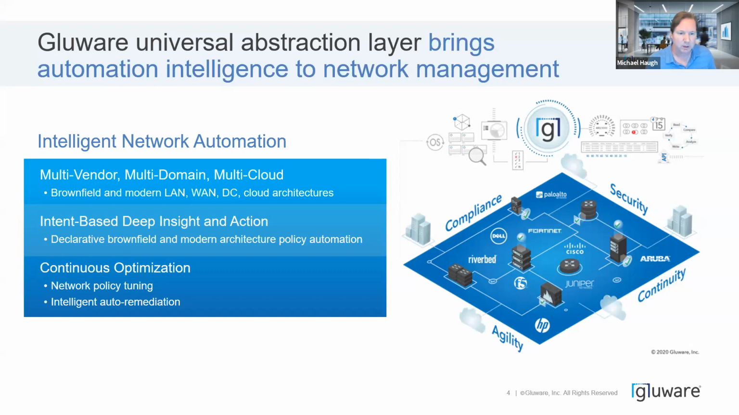And then how do we enable change, where when we get a change request, let's say it's to add a new location or change a QoS parameter or change an access list, how quickly can operations respond and get that change implemented in the network? And we're going to take a look and talk about quite a few use cases, but Gluware helps across all